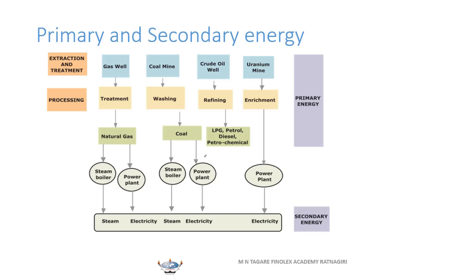Now, what is primary energy? Basically, primary energy refers to all types of energies extracted directly from the natural resources. So you can see solar, wind, tidal, biomass, or if we consider fossil fuels, then oil, coal, natural gas. All these are primary energies. These are directly available from the natural resources. Now when we consider this primary energy,